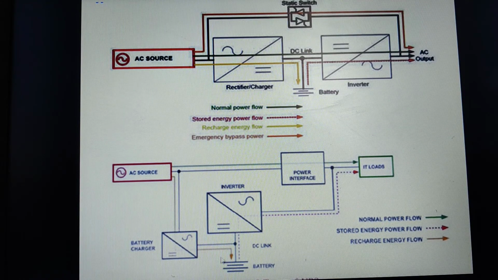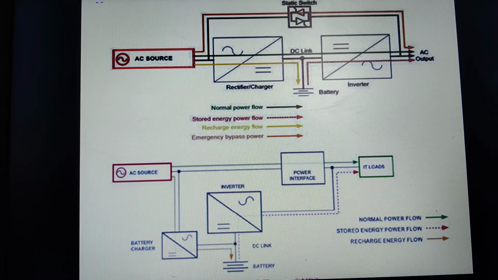But this offline UPS keeps on monitoring whether power supply is there or no. If the power supply is not there, automatically the control will switch to the battery of the offline UPS. Then from the battery you will start experiencing the power supply. Here, when the current is there, it also has to pass through the inverter of the online UPS. Then when there is no power supply, obviously this part will not be working. Then it will start accessing the power supply from the stored battery. Then you will be experiencing the power supply to your computer system.